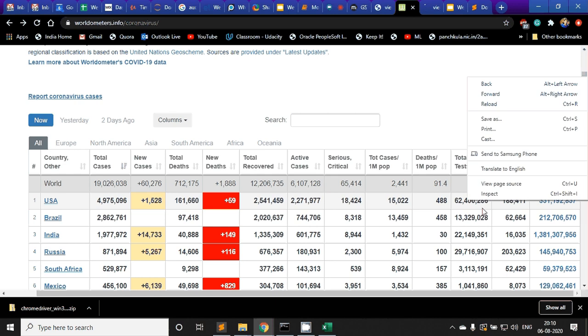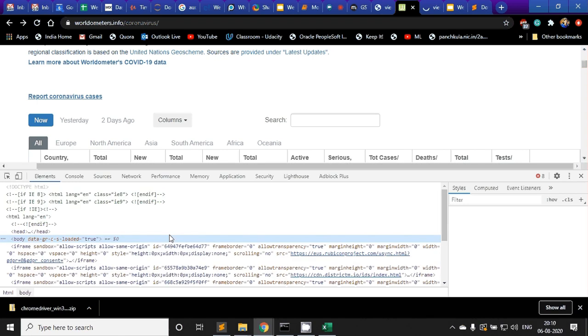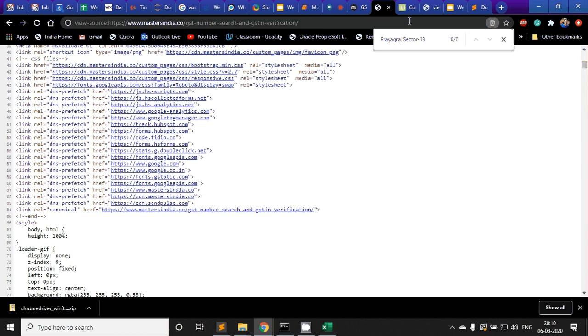If you open the page source, let's just verify this. Let's go to MakeMyTrip and view page source. Let's confirm whether the data is available here.